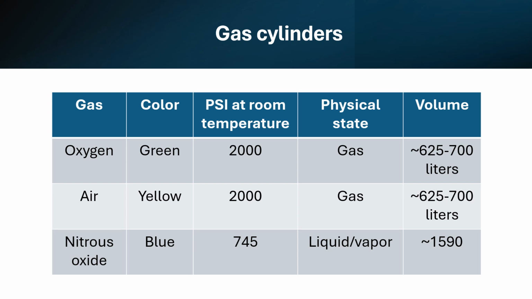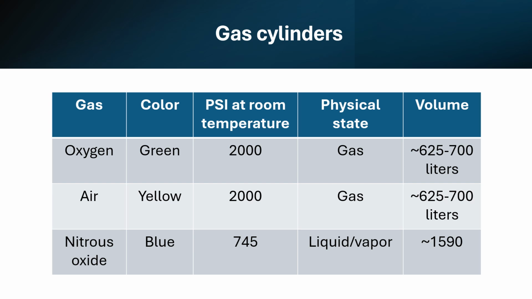What's the volume of a full cylinder? For oxygen and air, it's about 625 to 700 liters, depending on the source you read. And for nitrous oxide, it's about 1590 liters. It's important to note that since nitrous oxide is stored as both liquid and vapor, the pressure will